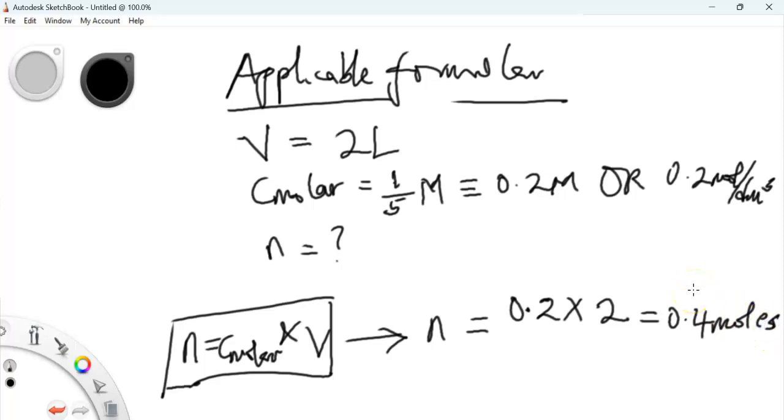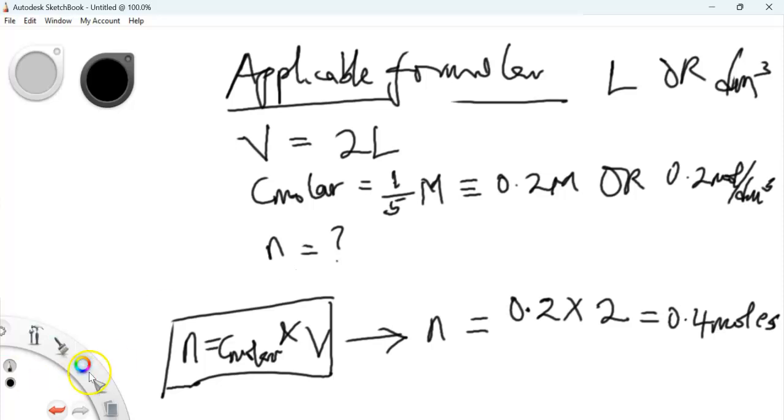So you see that you easily got this because we are able to list out the parameters involved, and we know that we are going to follow the basic formula 2. And why were we able to follow it? I told you that whenever you are given volume and it's in liter or dm cube,